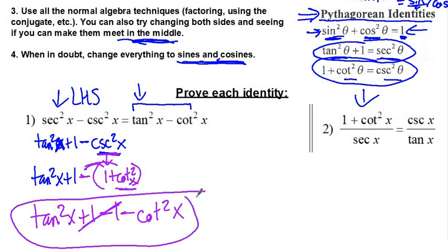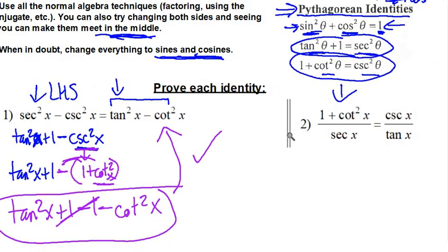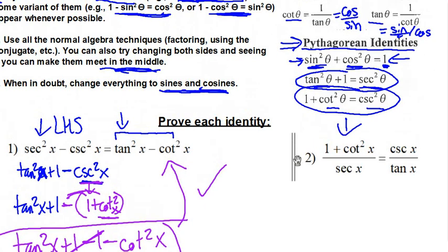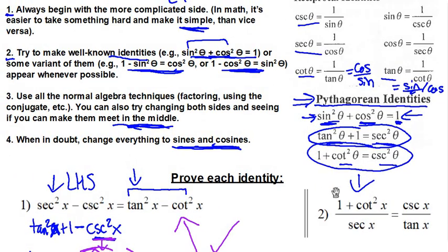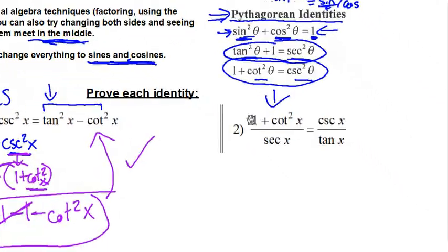So look what we're left with, tan squared minus cotan squared. That's how we prove an identity. We show that the left-hand side turns out to be identical to the right-hand side. See if you can pause the video and try to use those 4 strategies to do number 2 right here. All right, so number 2